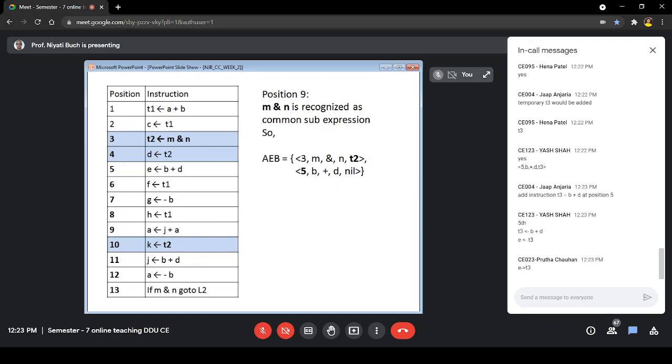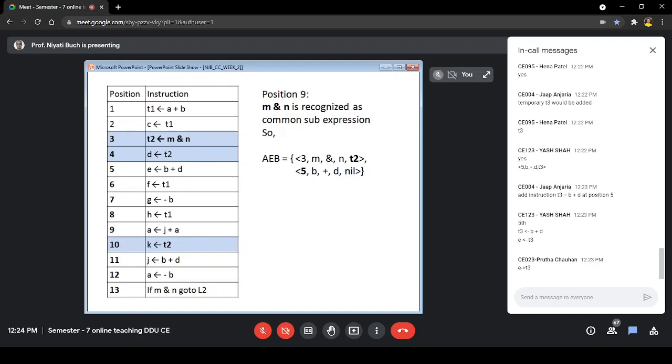Okay, one more thing I'd like to tell you. Though you may feel that it is quite trivial, what will it matter because we are applying the algorithm properly. But please, in your theory paper, be careful about the notations that you use. If it is given in your question where this assignment arrow is used, do not change it to an equal to sign or change the direction of the arrow.